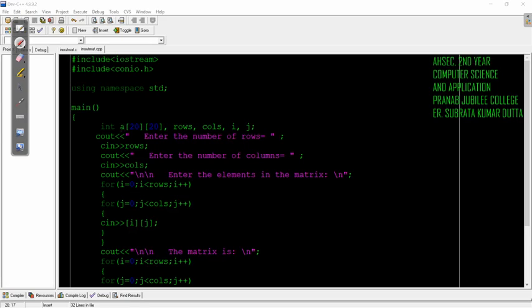So we have taken an array named a of size 20, 20, that is the maximum size, right? It is a two-dimensional array, that's why we have two sizes: one represents the row, another represents the column. So the maximum size will be 20, 20.